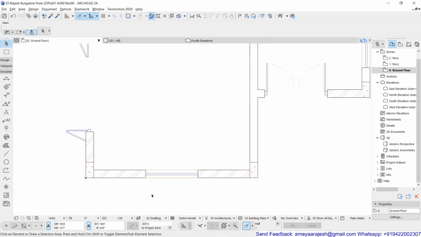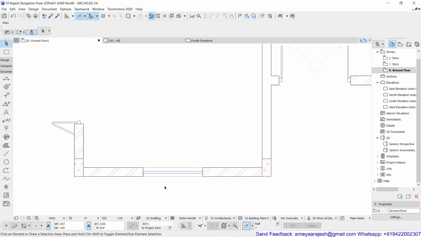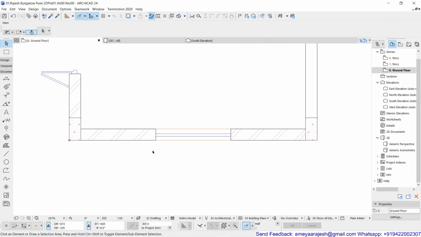Now the other option which I was talking about, how to stretch. For example, if I am going to move this window from one place to another, how to do that? I'll explain how to use this stretch tool in Archicad, so that in case I'm willing to move this window maybe by 500 millimeters on either the left or right side, but at the same time I would like to even do the modification in this field area also.